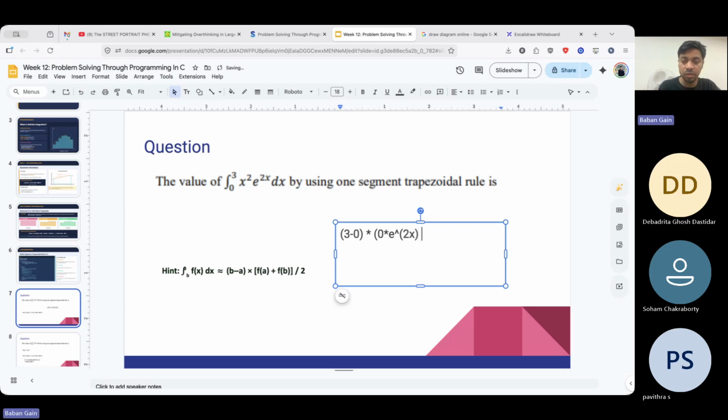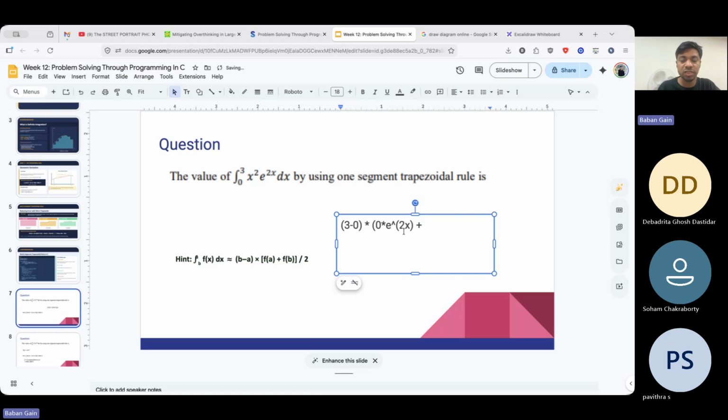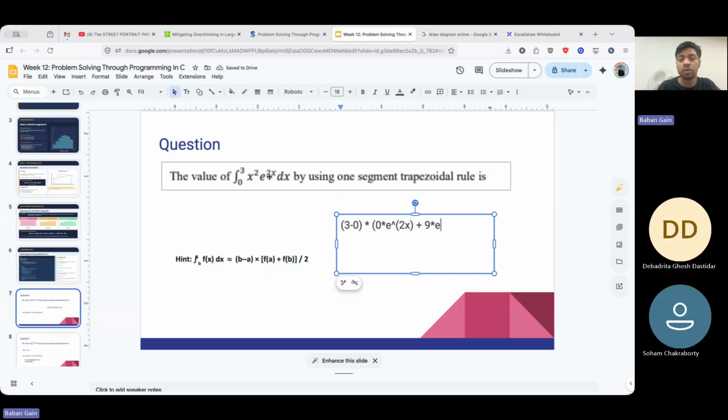Then multiplied by, okay, this is one thing, f of a is done, plus f of b. So what is f of b? X square here is 3 square, which is 9, all right? 9 multiplied by e to the power 2x. 2x here is 2 into 3 equal to 6. So it is like e to the power 6